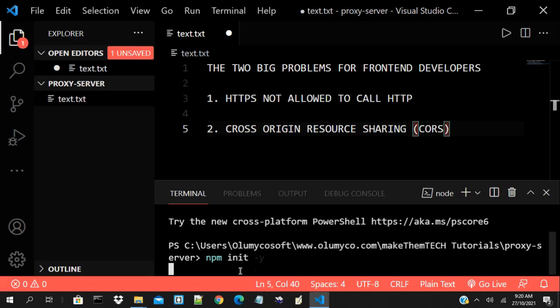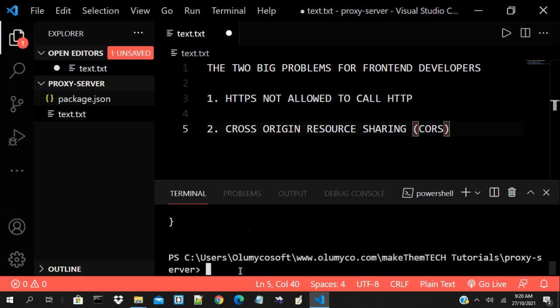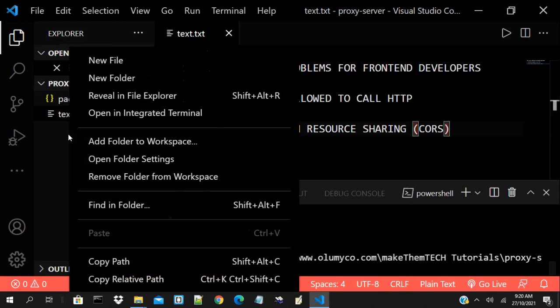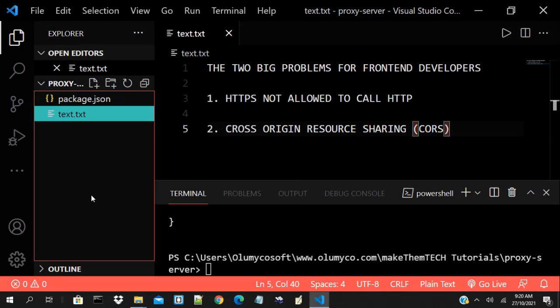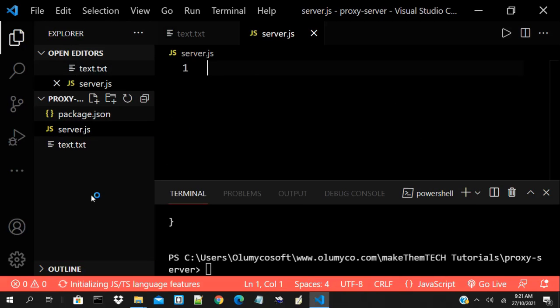So in this tutorial session, we are going to be calling an API, and then we see how that API behaves. Then we now call it through our proxy server. We also see the behavior. So we have our package.json set up now. Then the next thing to do is to let me create my server.js. Okay, so I'm going to be using the HTTP inbuilt module of Node.js, const http =